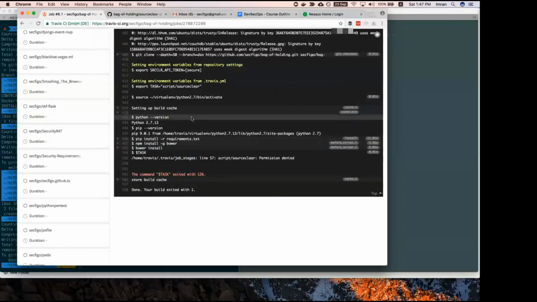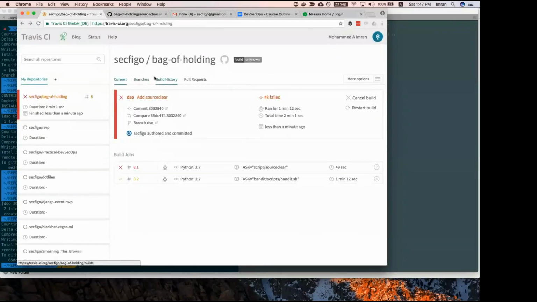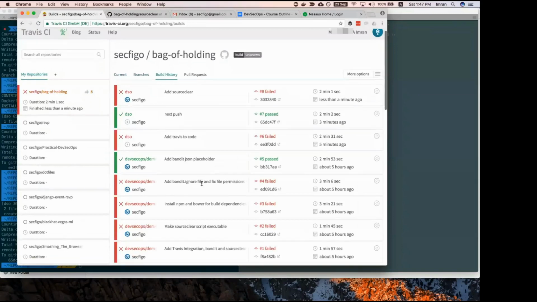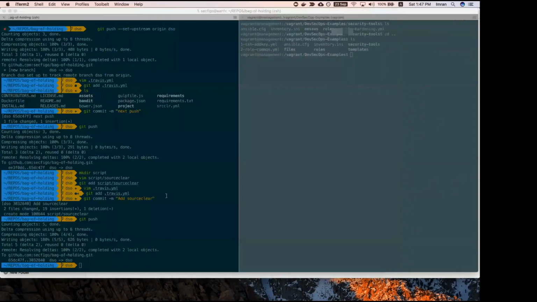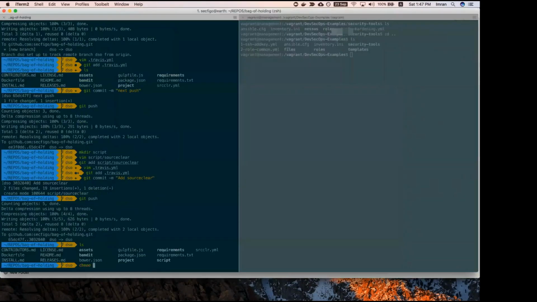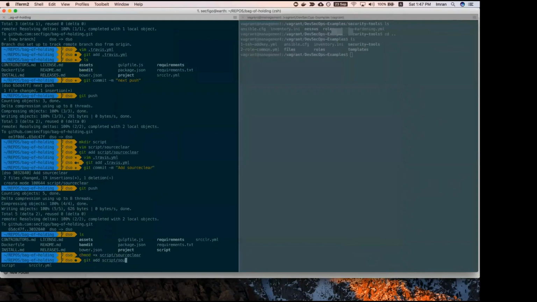And you know what? I know exactly why it did not work. Because if you look at the previous history here, I'll say that fix permissions here, right? Because we didn't give executable permission to Source Clear. So it will not run. Even though we added it, it will not run,